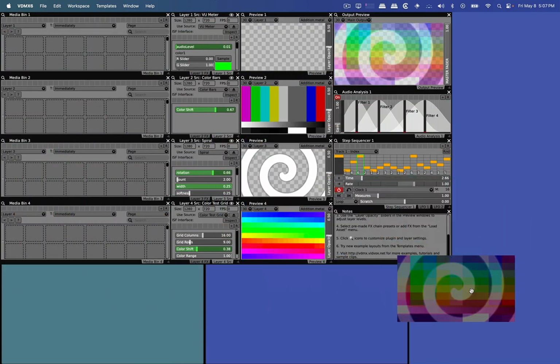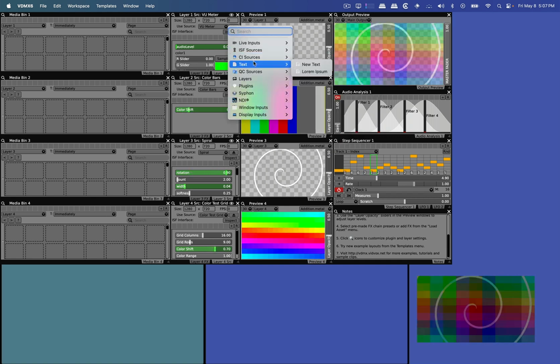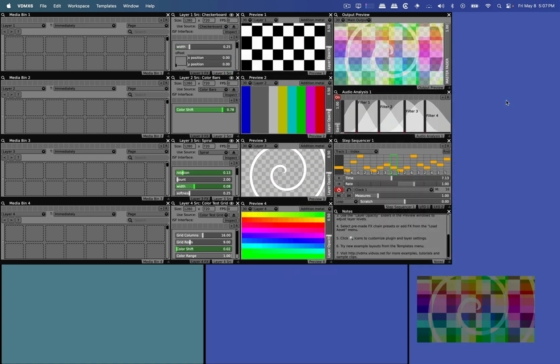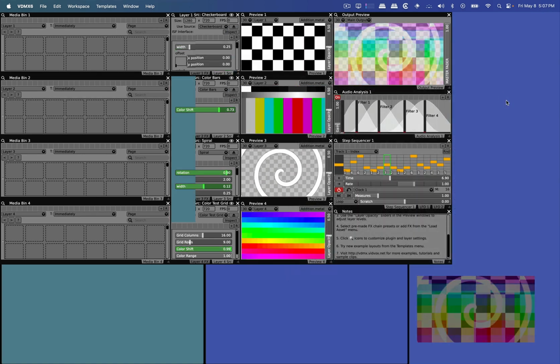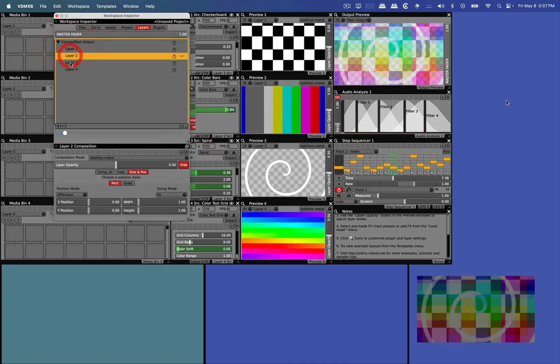This one right here is currently sound responsive. So to make it more consistent, I'm going to go ahead and change it. So let's go here, perhaps color, and let's try a checkerboard. Okay. So then we're going to open up the Workspace Inspector, and we have our 4 layers already created for